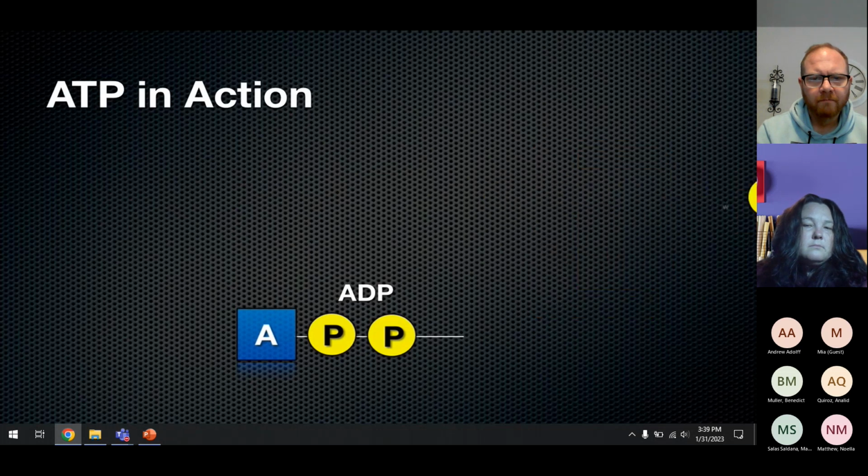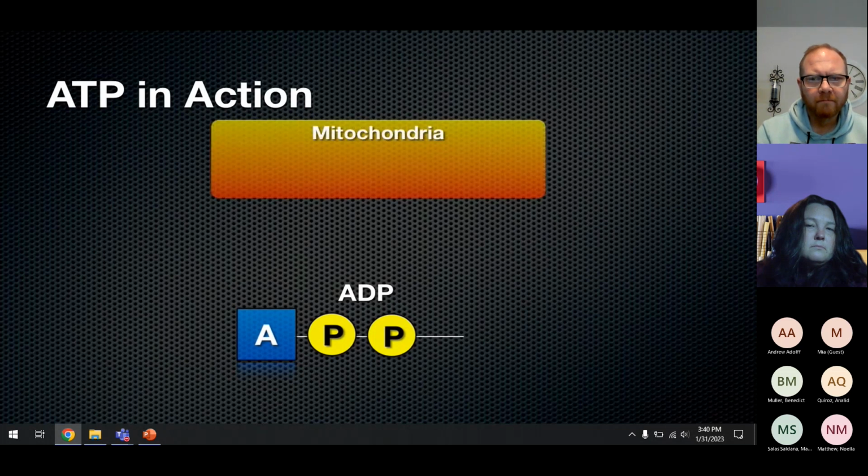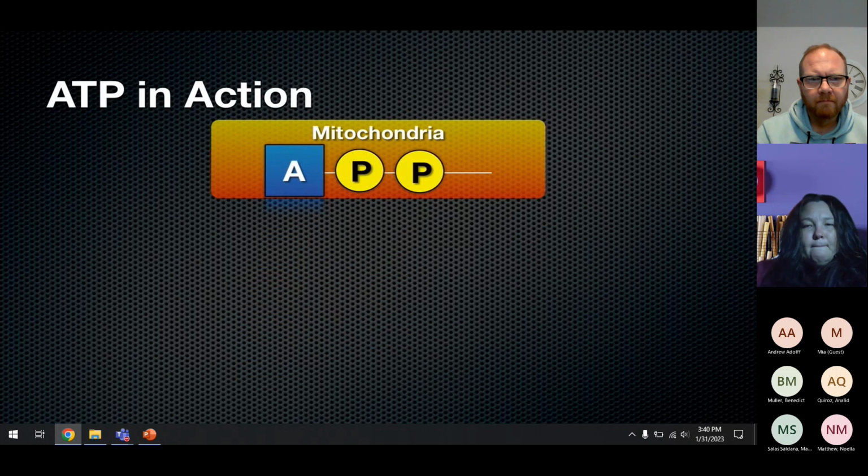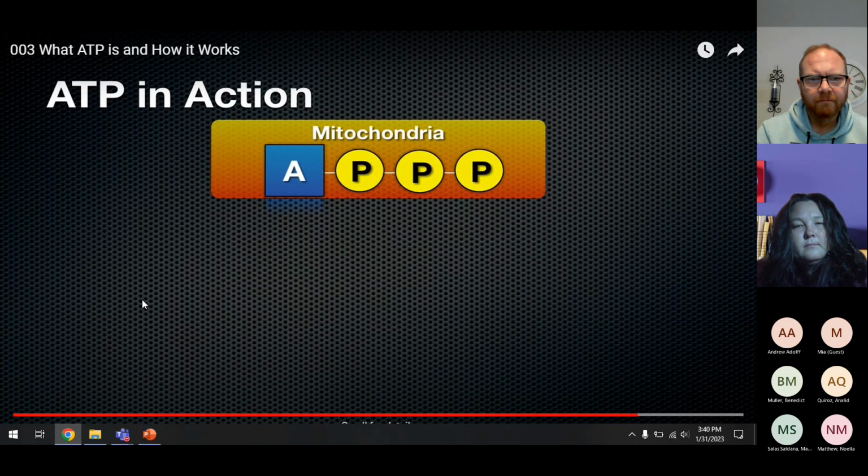Let's get rid of this process for now. And now you can see we are left with 2 phosphate groups, so it's no longer ATP, it's ADP, or adenosine diphosphate. If we want to use this molecule again, we need to recharge it as we would do for a rechargeable battery. In order to do this in the cell, we need a very special organelle called the mitochondria. ADP then goes to the mitochondria, and the ADP gets recharged by the mitochondria adding another phosphate on, and it's now ATP again. So the mitochondria is where ATP is made,